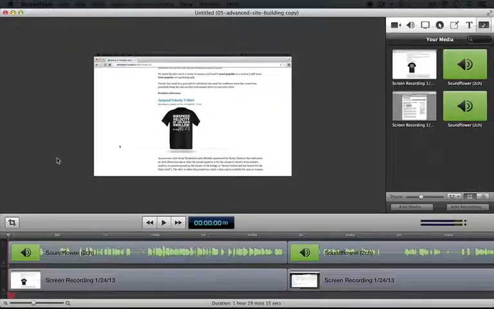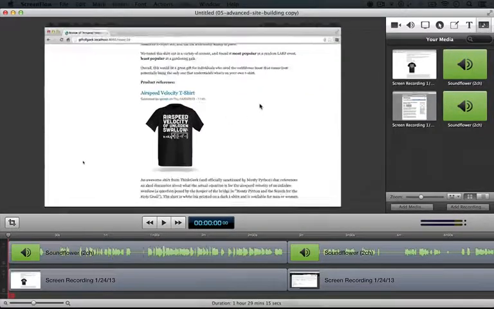I wanted to give you some tips on how I edit my ScreenFlow documents. Some of these are speed oriented, some of them are style oriented, and the style oriented stuff is pretty important to me. So we're starting out with this document, and first of all, what I'm going to do is hit